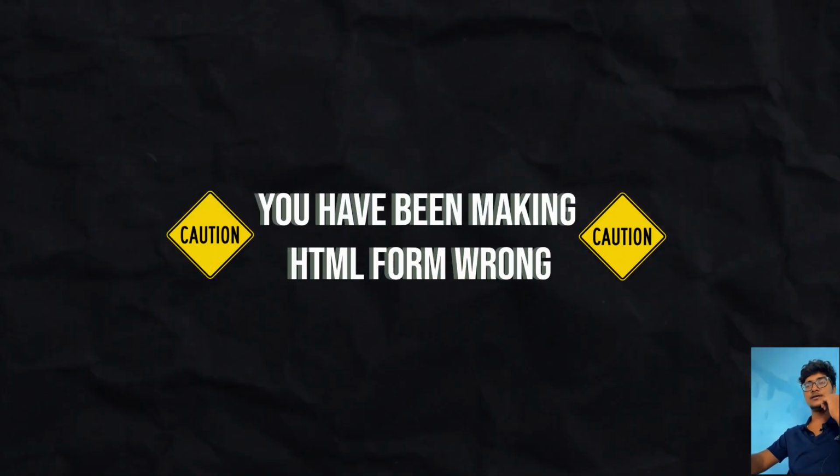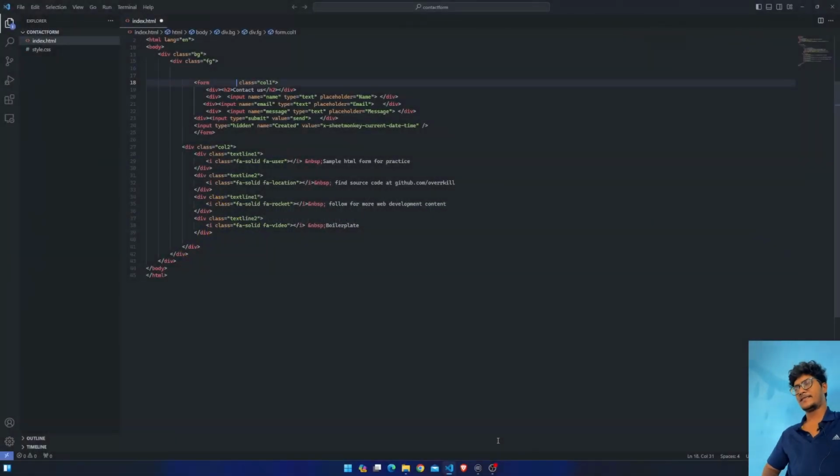Don't make this mistake the next time you build HTML forms. I've reviewed over 100 websites and I see this mistake most commonly. Whenever you make a website, there is always a contact form, and in the contact form you just leave